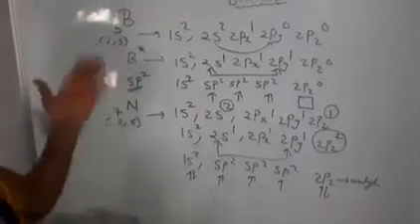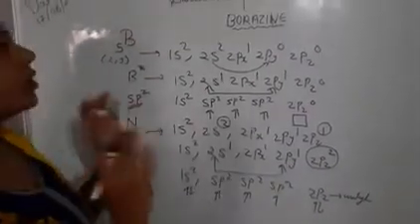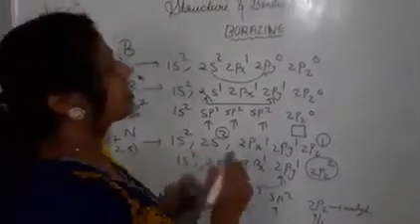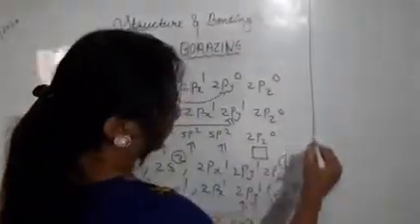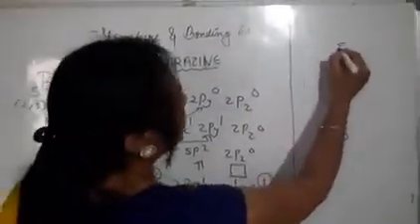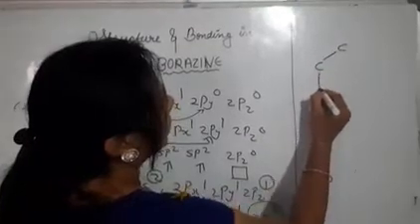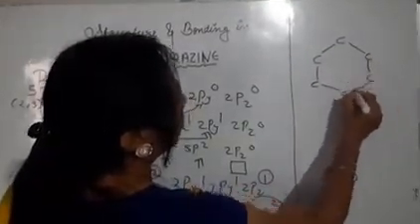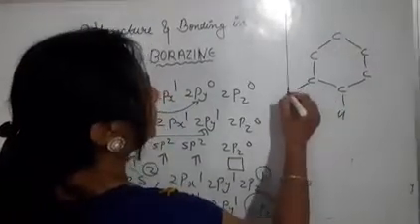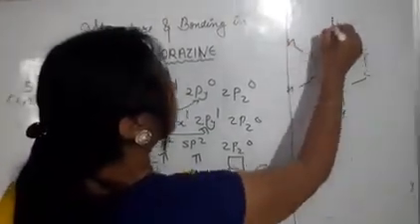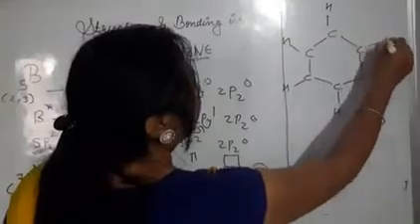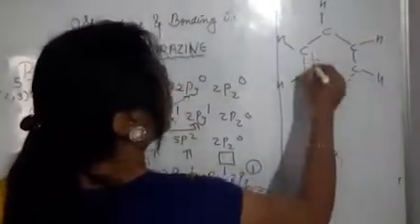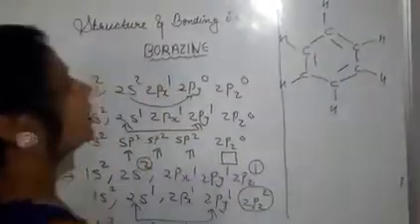Today we are going to discuss borazine, right? Borazine is also called an inorganic benzene. Why is it called an inorganic benzene? See here. We know that the structure of benzene is like this: carbon, carbon, carbon, carbon. There are 6 cyclic carbons, and there are 6 hydrogen atoms, and there is a delocalized electron cloud. Okay, this is the inorganic benzene.